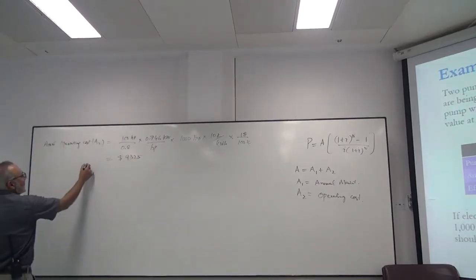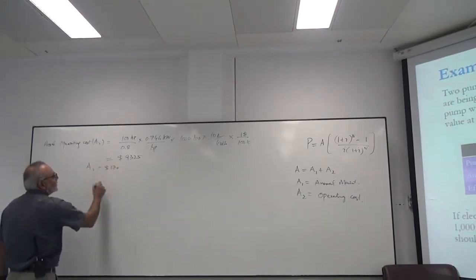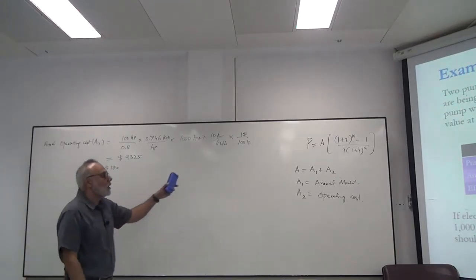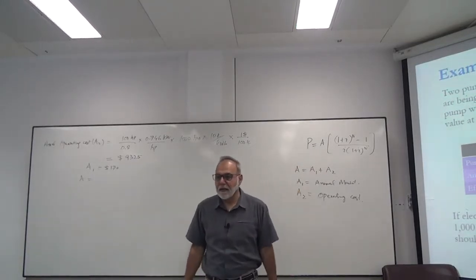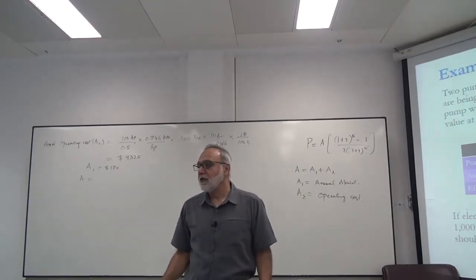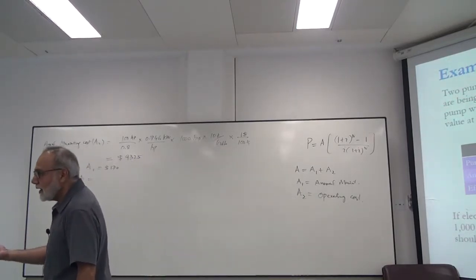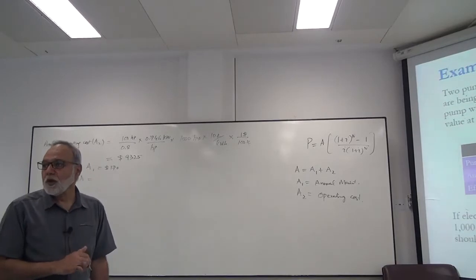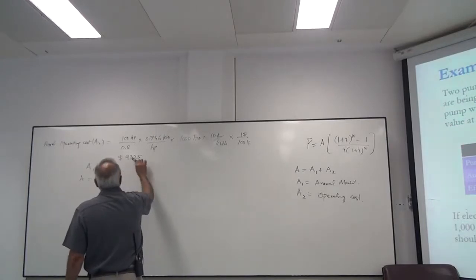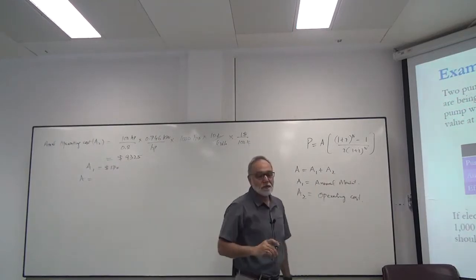And A1 is already there, which is $170. So A is the summation of that, and use that formula to find out P, and then add the purchase price, and you will have the total present worth of this pump. Similarly, you can do it for XYZ. Another way of solving this problem is, you already have this and this now annual. You can annualize the price.